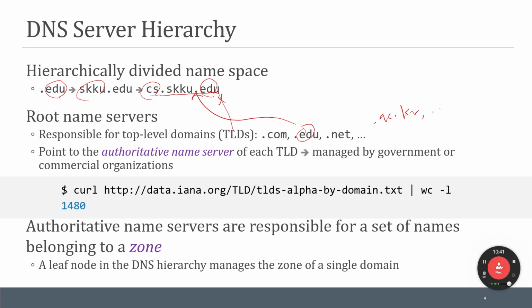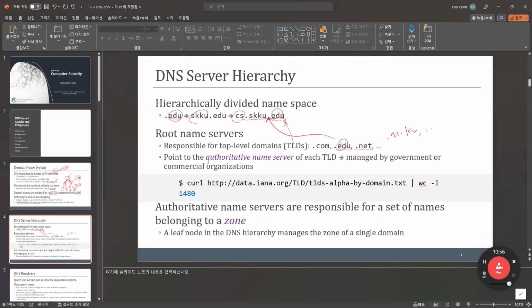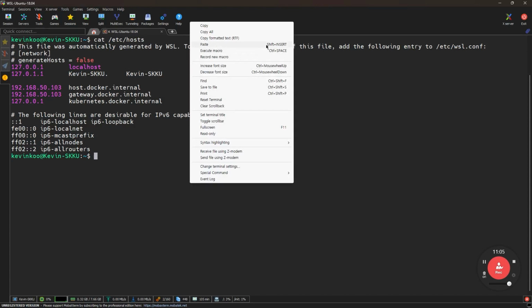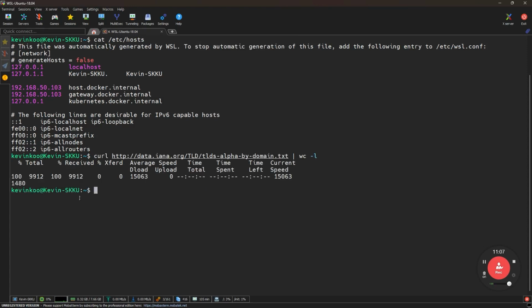Well, if you are curious about how many such top level domains there are, with this simple command you can actually get the number of domains. So by running this command line, you get 1480 different domains.